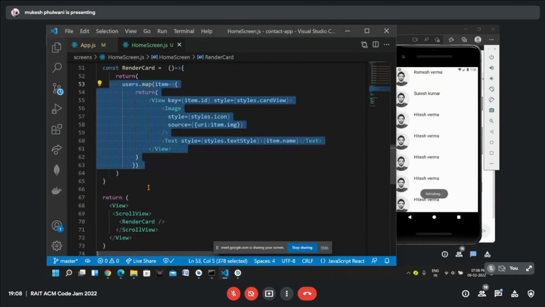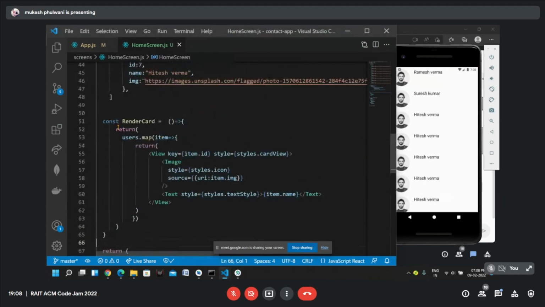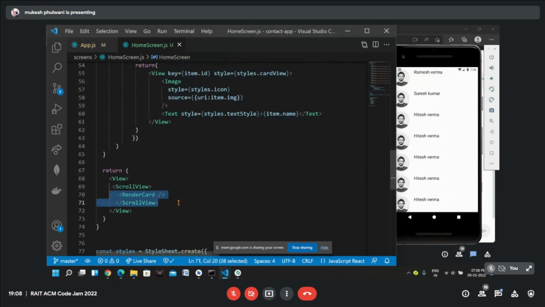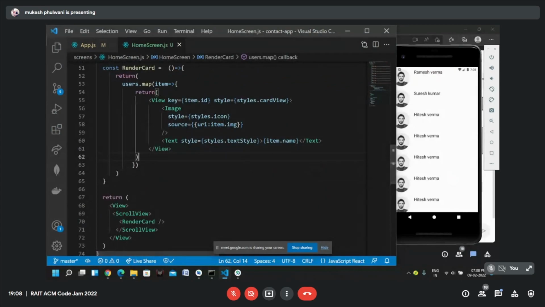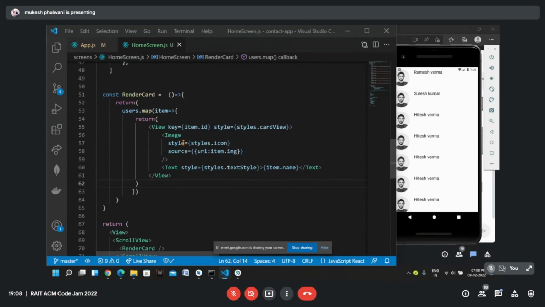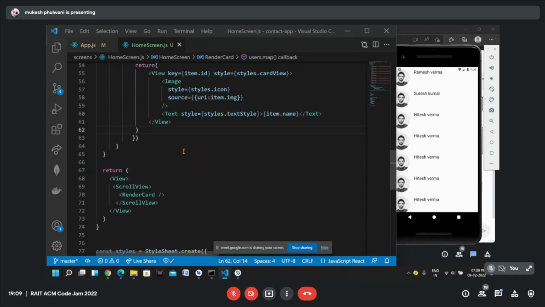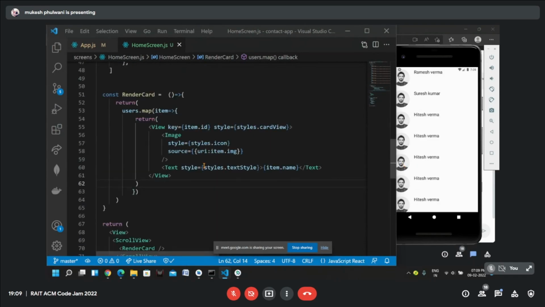So we have separated the logic from here, and we can put it here, but this was using map. One thing more we have done in a better way: there's one more better way to write code using map.